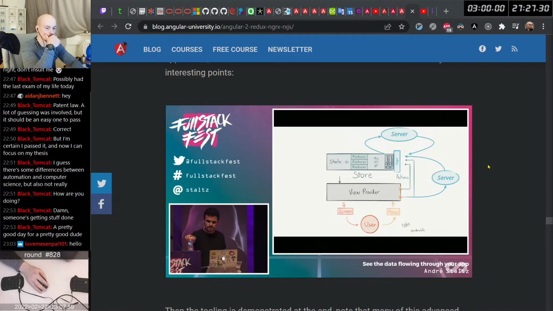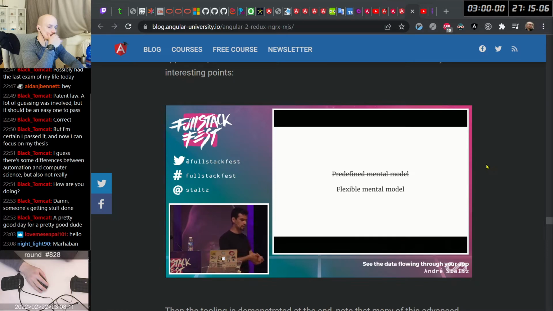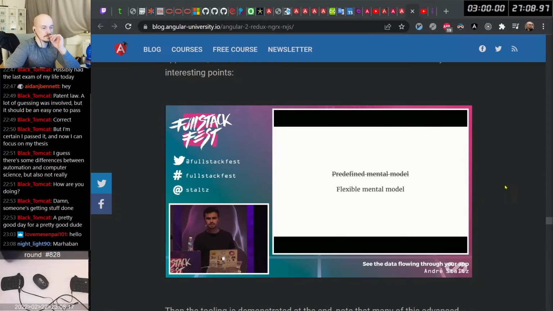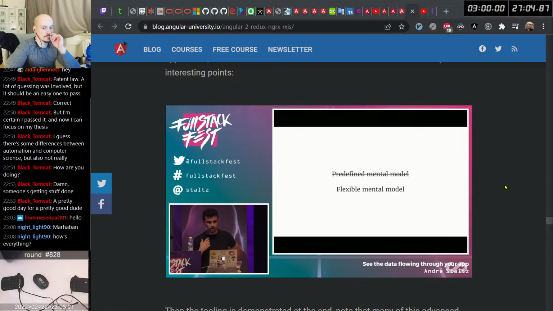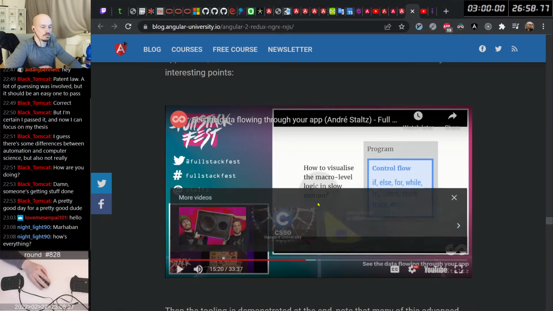So once something is not how you think it is, you really feel like, I need to visualize this thing. So here's what I decided to do. I didn't want to build a framework or an architecture that was predefined and always works in the same way. I wanted to allow flexibility and people to choose what they want to do. So what I wanted to allow is that given any program, I just want to be able to get a big